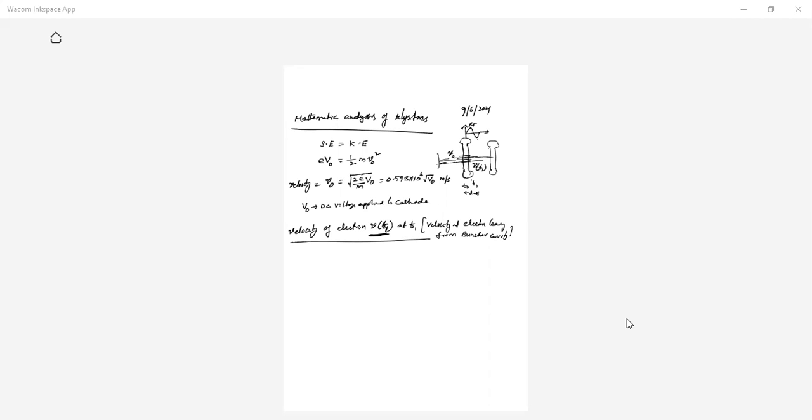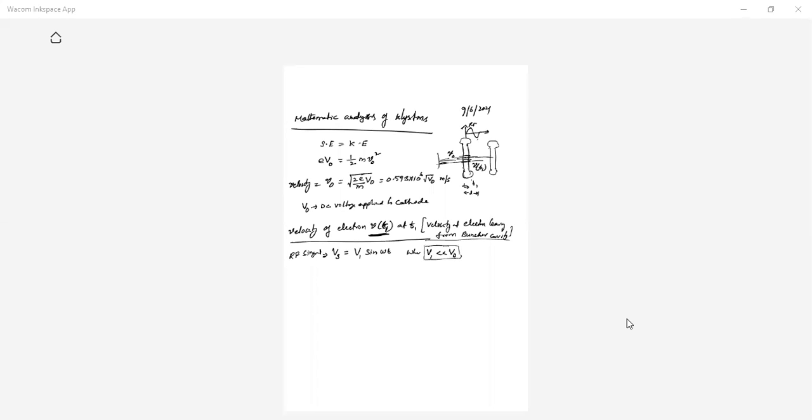For that purpose, first we take Vs, the applied voltage, V1 sin omega t. This is our RF signal, used for the amplification purpose, where V1 is the amplitude. V1 is very, very much less than capital V naught. The RF signal amplitude is very small, and V naught is our DC voltage, which we apply at the cathode to form the electron bunch. So this is the first one.